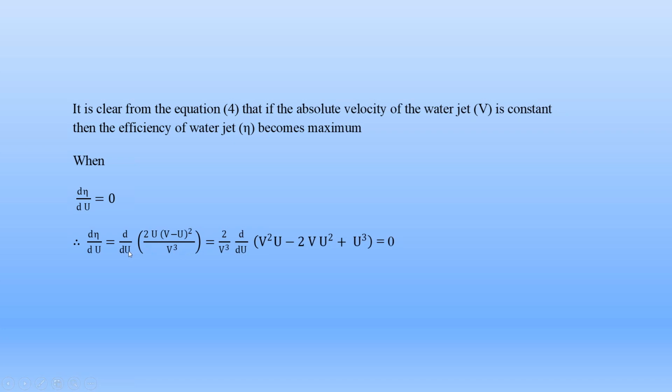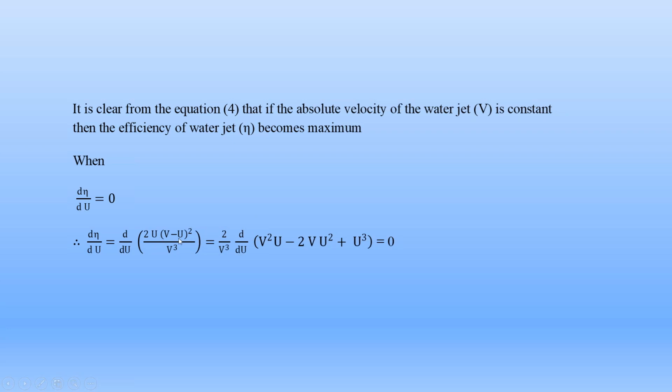So d by du of 2u into (v minus u) whole square by v cube. Take this 2 and v cube outside the differentiation because they are constant. So it is 2 by v cube into d by du of